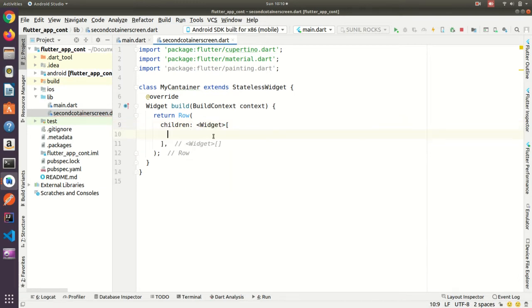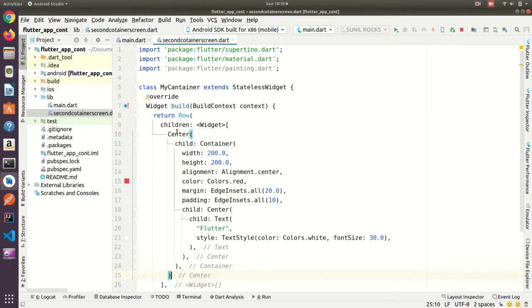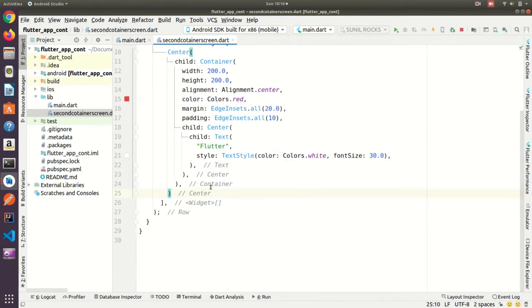In this array, however many views you want inside it, you can use. So I am going to paste the same view here. Let me run it. What output is coming now?